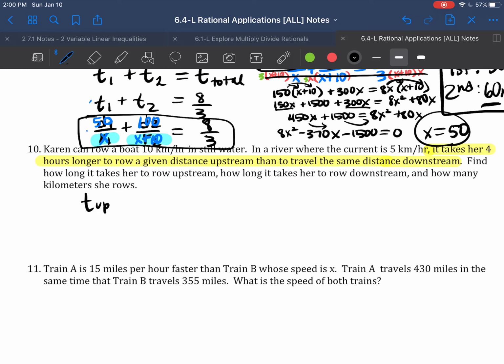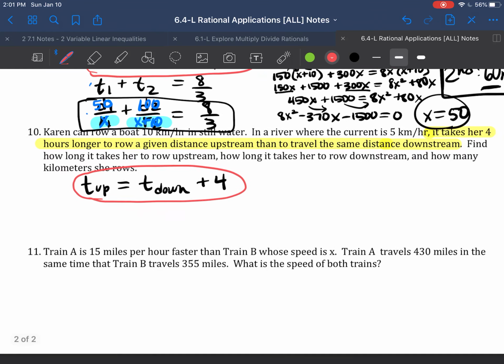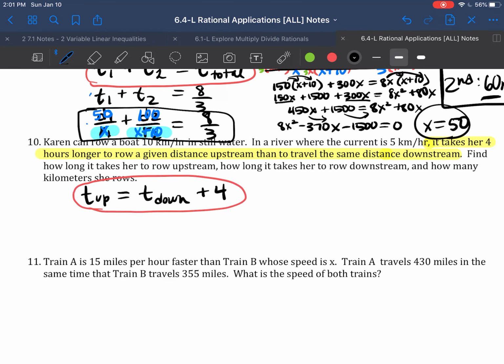Okay, they're saying it takes 4 hours longer to row upstream. And so the time it takes to row upstream is going to be 4 hours longer than the time to row downstream. So the equation I'm setting up with T, instead of T1 plus T2 equals T total, I have T up equals T down plus 4. Right? And so now I can replace that with D over R. So D up over R up equals, not T, D down over R down